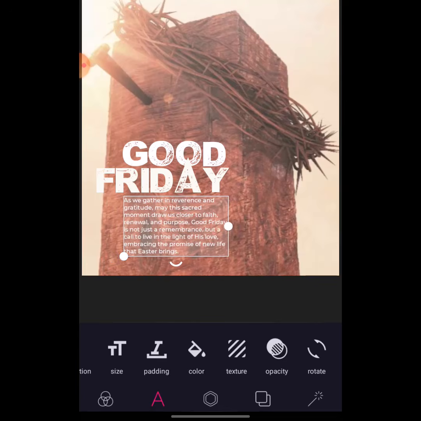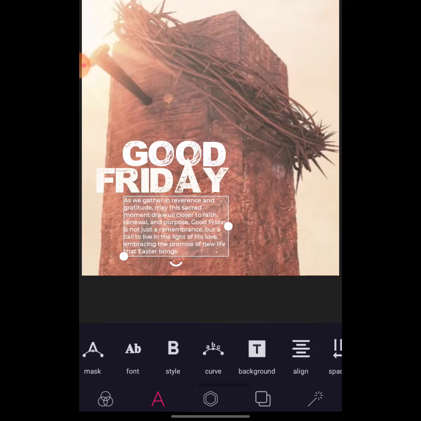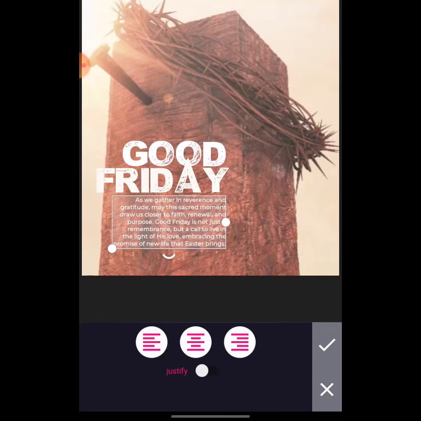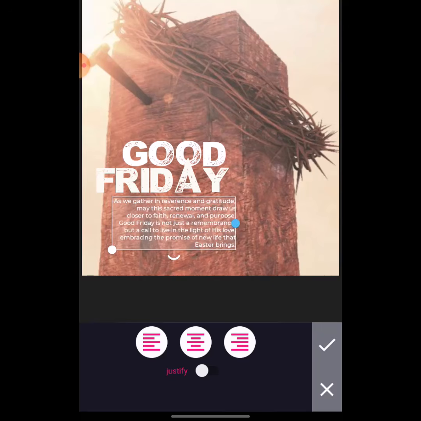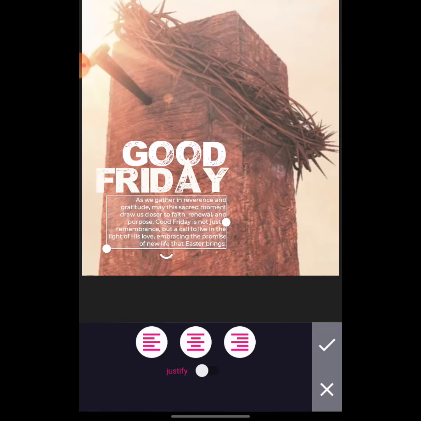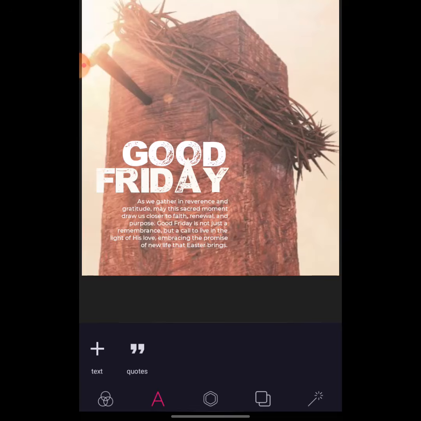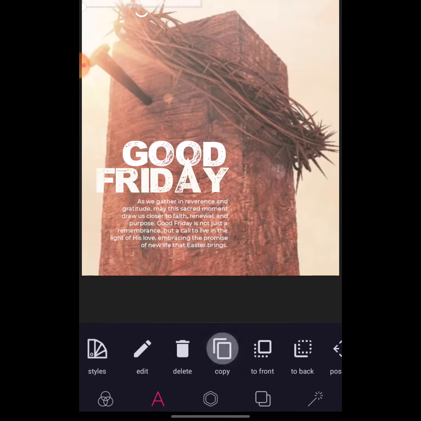Okay, now go to align. I'll align it to left to right. Is it right? Yeah. Then I'm going to position this way. Just be watching, because if you rush, you're going to go and do another thing. Okay, so I'm going to position this way. So I'll just copy this and write happy